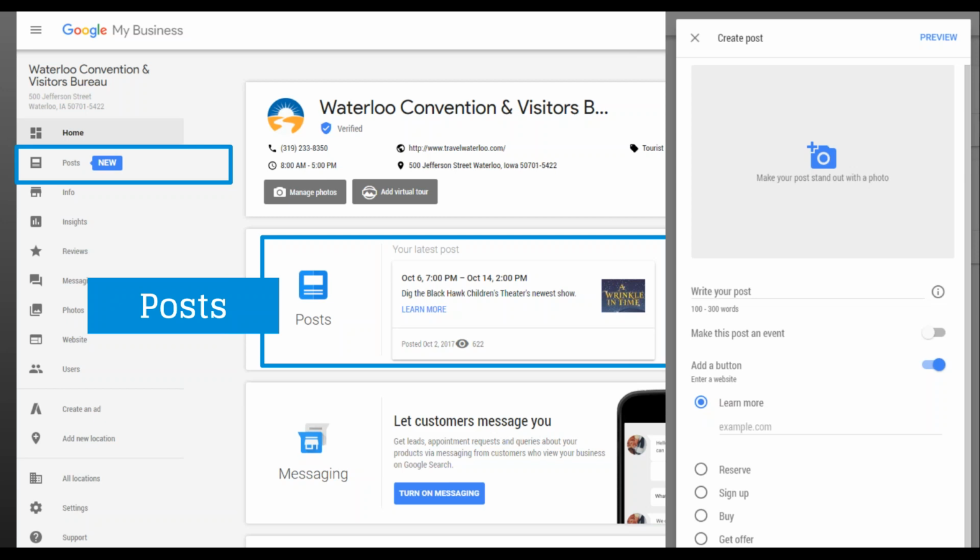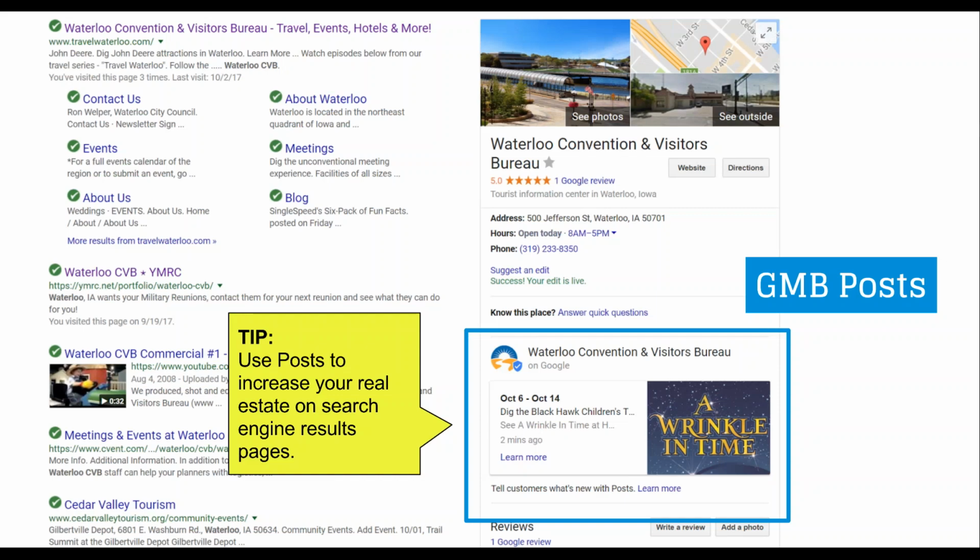But you can actually direct that to wherever you want on your own website or anywhere else as part of the post. So Posts is a very exciting component of the Google My Business, and there's been a lot of aggressive growth in this product in the last 6 months, and we expect that to continue into 2018. There will be a lot of new features coming into the GMB to expand the ability for businesses to participate in this. So here you can see on the search engine result page that Posts can really increase